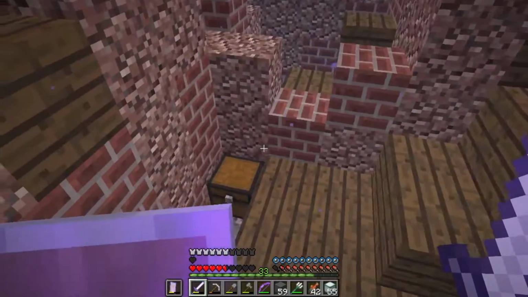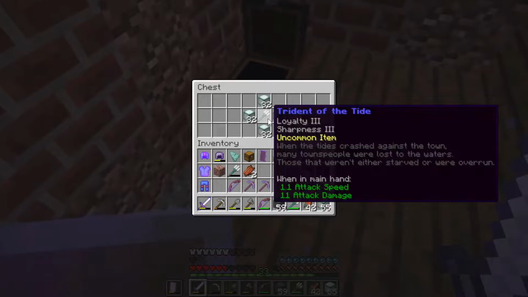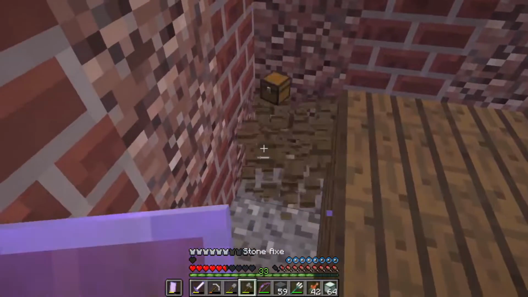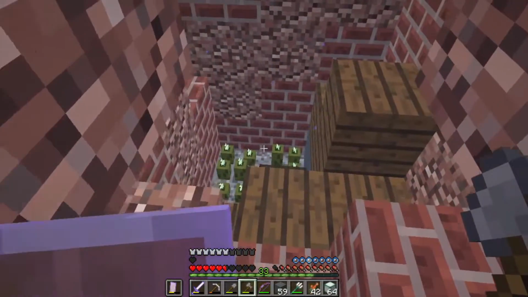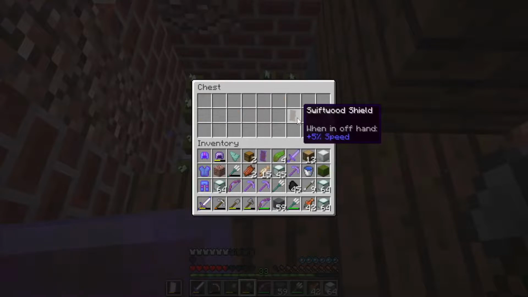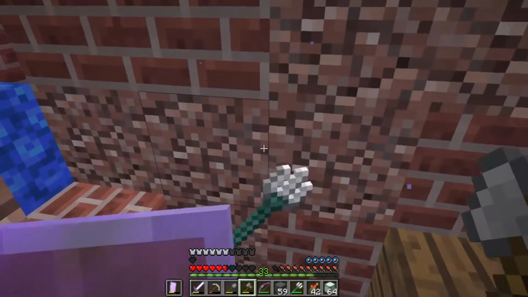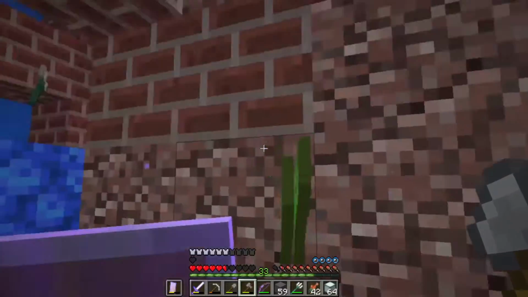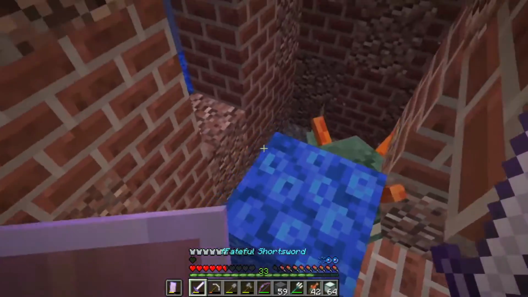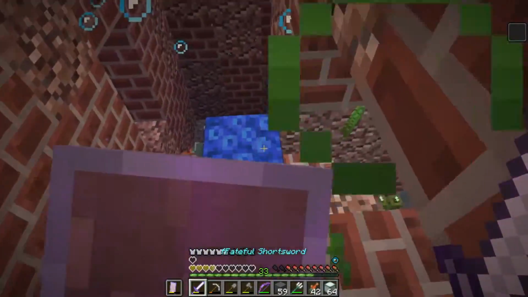But it was just a trident. We did get the trident of the tide. So, cool. And a bunch of sea lanterns, which is nice. And a bunch of sea pickles. And another shield. You know, I actually don't really care about that trident. We can get rid of the kelp. And, of course, there is another...